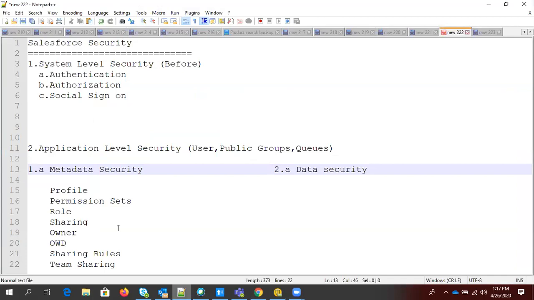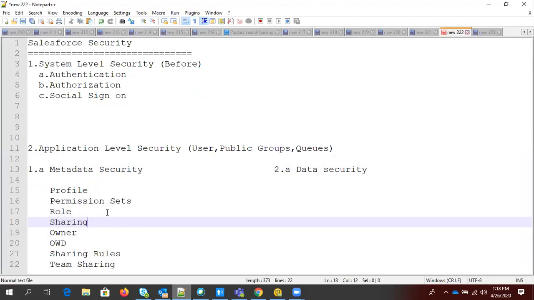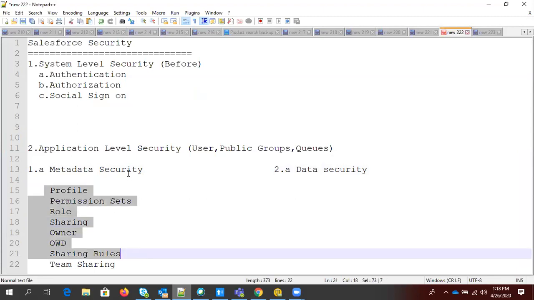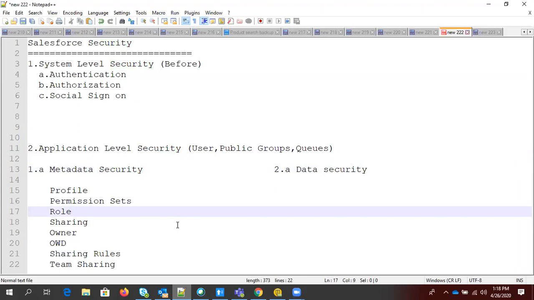So right now, as I discussed, metadata security and data security. We have these topics related to application security. So what I'm going to do is divide these topics based on metadata security and data security. So guys, this is a very important class actually. You will get 70% of your interview questions based on today's class, right?